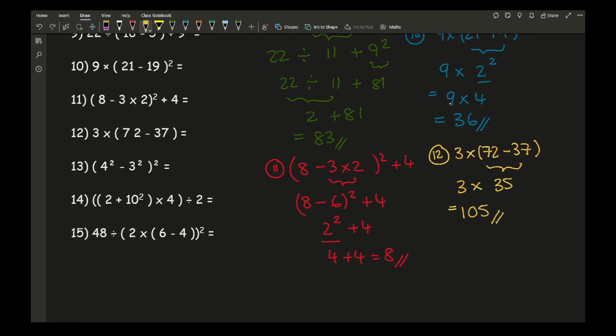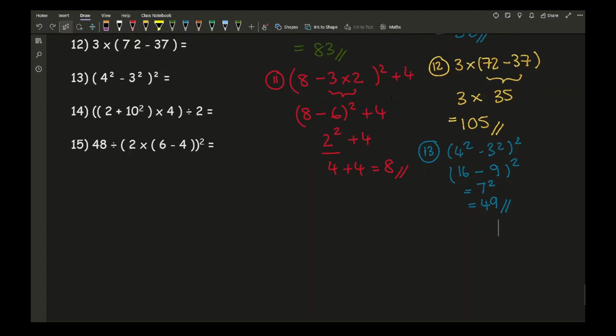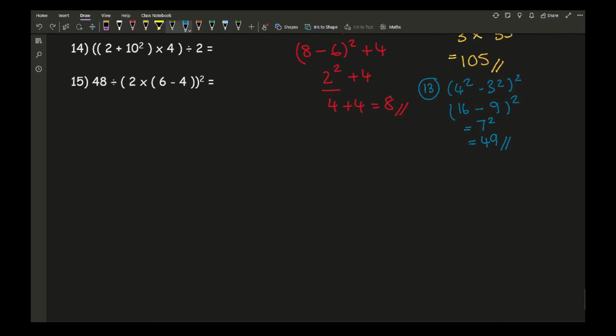Then with question 13, I'm slowly running out of space. So 13, I've got 4 squared minus 3 squared, all squared. So again, doing the brackets, I've got 16 minus 9 squared. 16 minus 9 is 7. So I've got 7 squared, which gives me an answer of 49. And if I just scroll down,